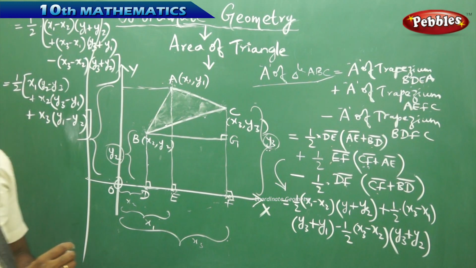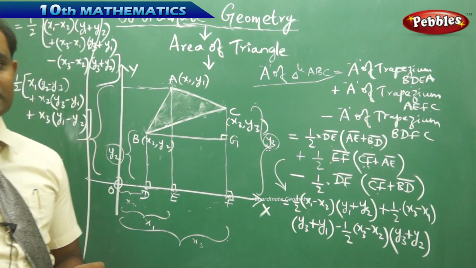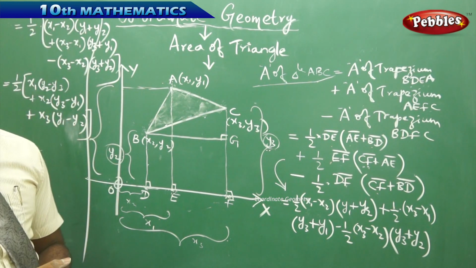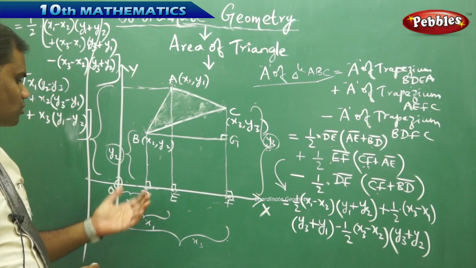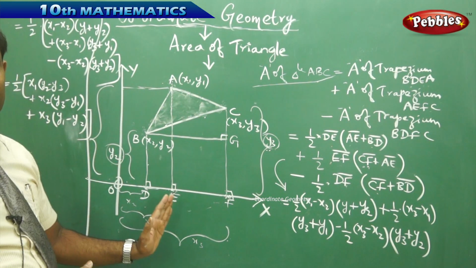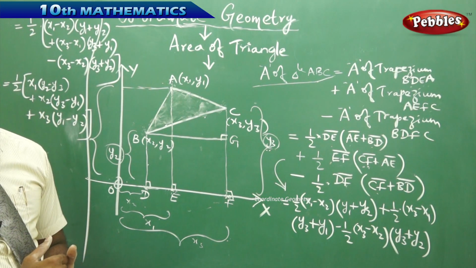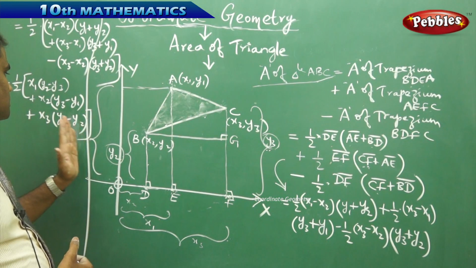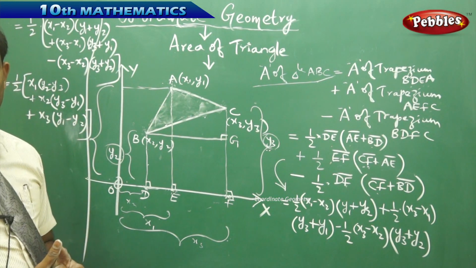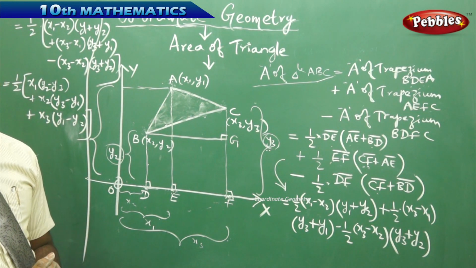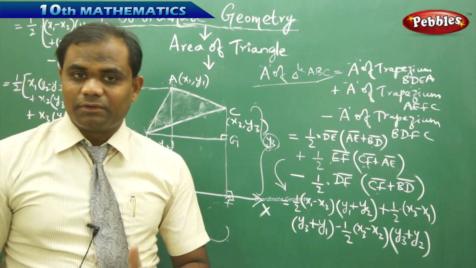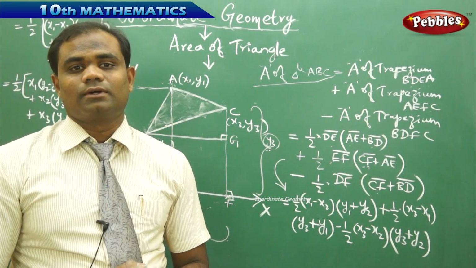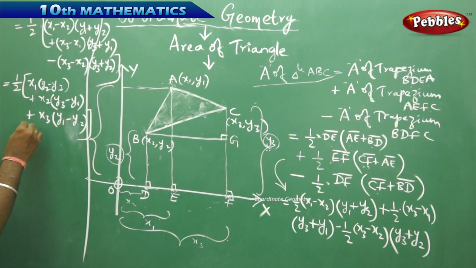Now because area cannot be negative, there is a possibility that these coordinates may give a negative answer, because the coordinates can be on the left or the right, or can be positive or negative. Negative sign indicates direction, but since they are included in the formula, it may give us a negative area. Therefore, it is always safe that we put modulus for the area. So, when reduced to the modulus, I have the area of triangle